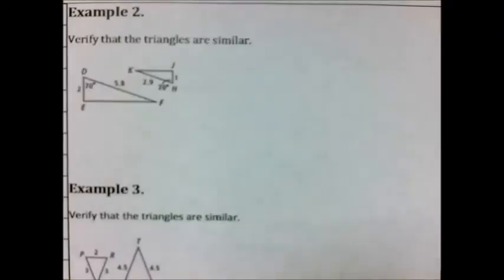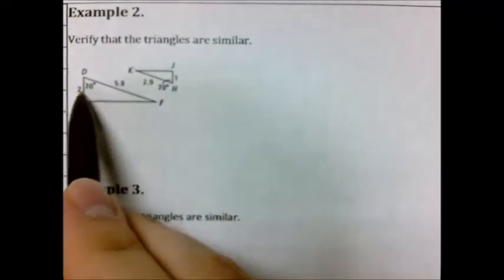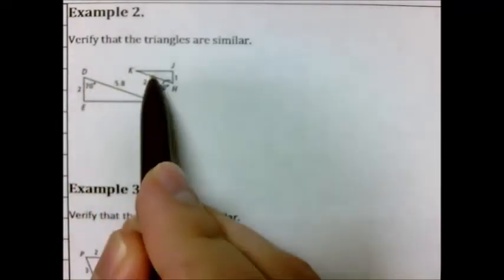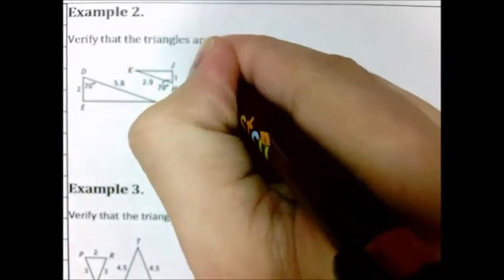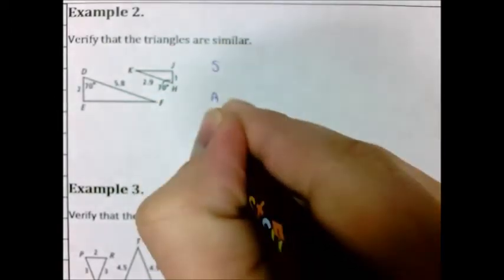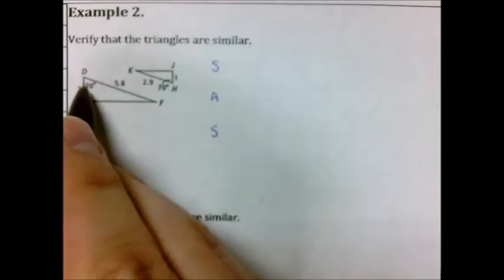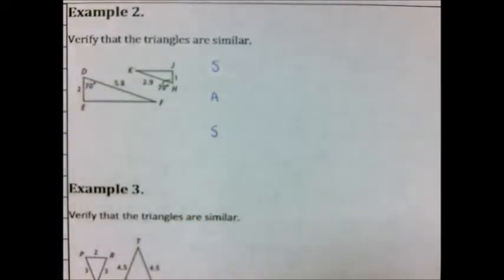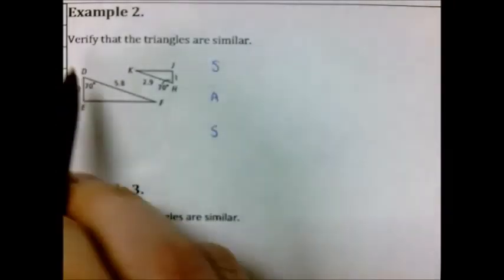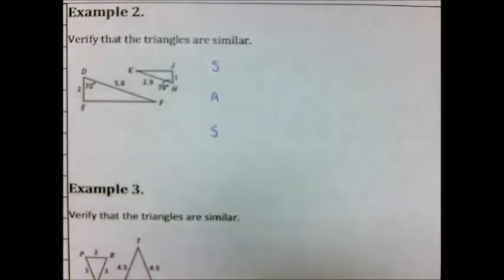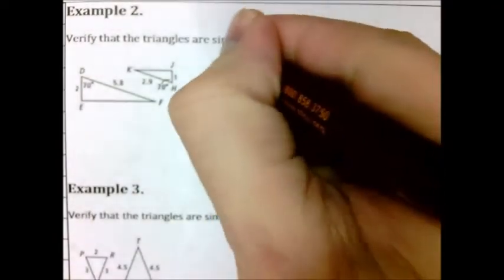So for example 2 here, we're supposed to verify that the triangles are similar. And we can see here we've got some sides, another angle, and another side that is given to us. So we're going to try to prove these two triangles are similar based on side, angle, side, because we know two sides and an angle that is formed by those two sides. Okay. So this first side that we can see, the two corresponding parts of that is line DE